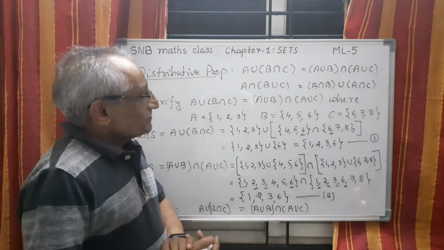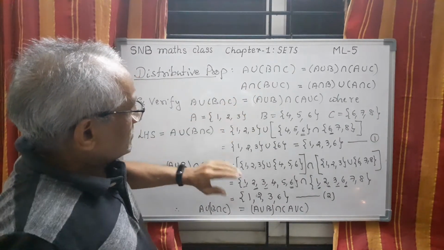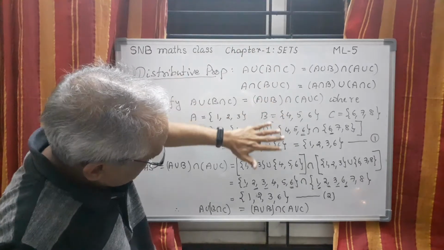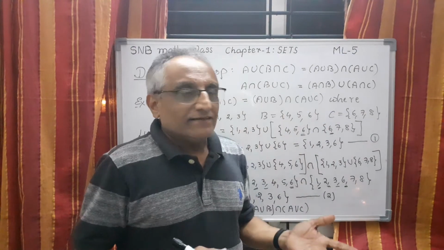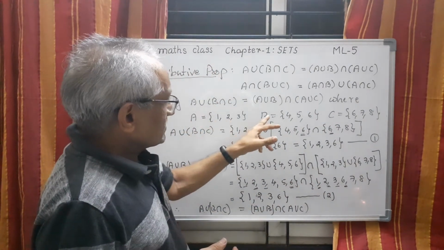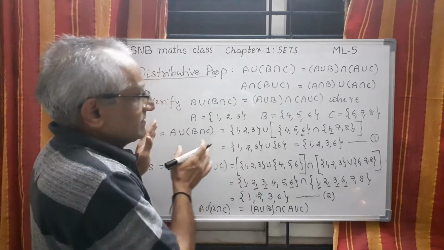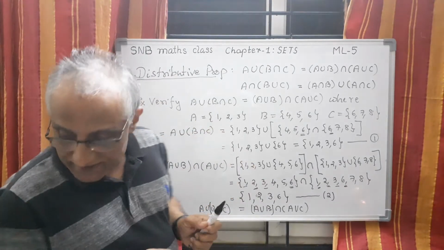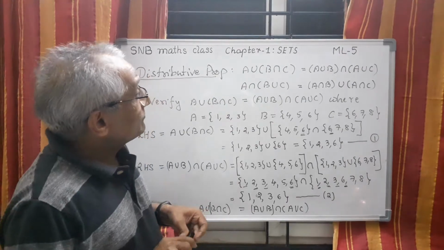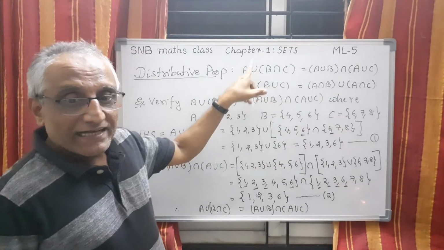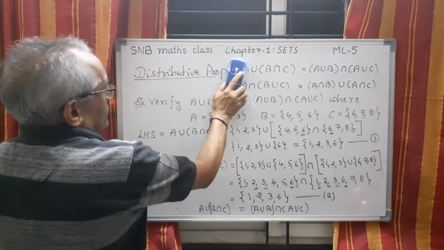Now in the same way, using the same example only, we can prove this one. First, take the left hand side and substitute the same thing, or if you are interested, instead of 1, 2, 3 etc., you take your own sets. Say for example you can take 1, 2 and here 2, 3, 4, 5, anything. You will get the same answer. That is, left hand side will be equal to right hand side. So this is called the distributive property. Remember, for the distributive property we need both operations, union as well as intersection. So this is the property about union and intersection.